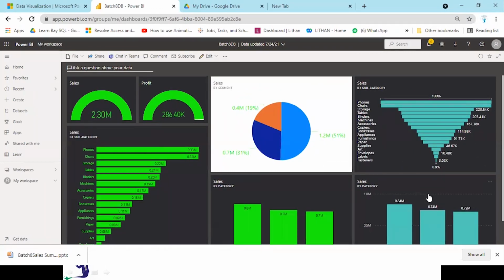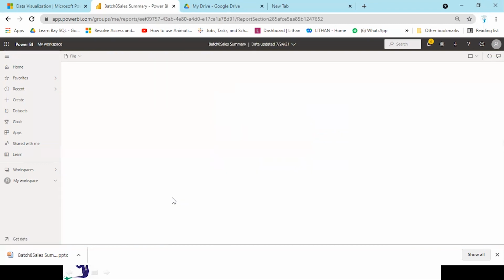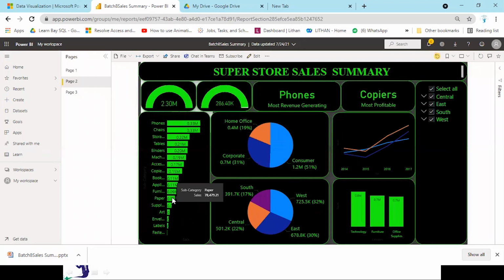So you can take visuals from different reports into a dashboard. But normally in a real-time scenario, in most cases we will be using reports rather than the dashboard. Dashboards are only used when we need to provide static information. If you want to show the static view of the visual, then you use the dashboard.